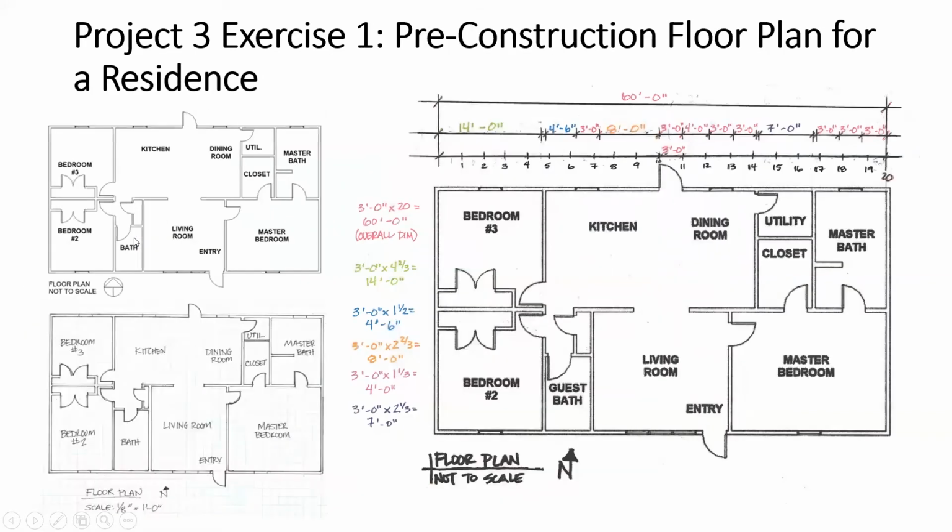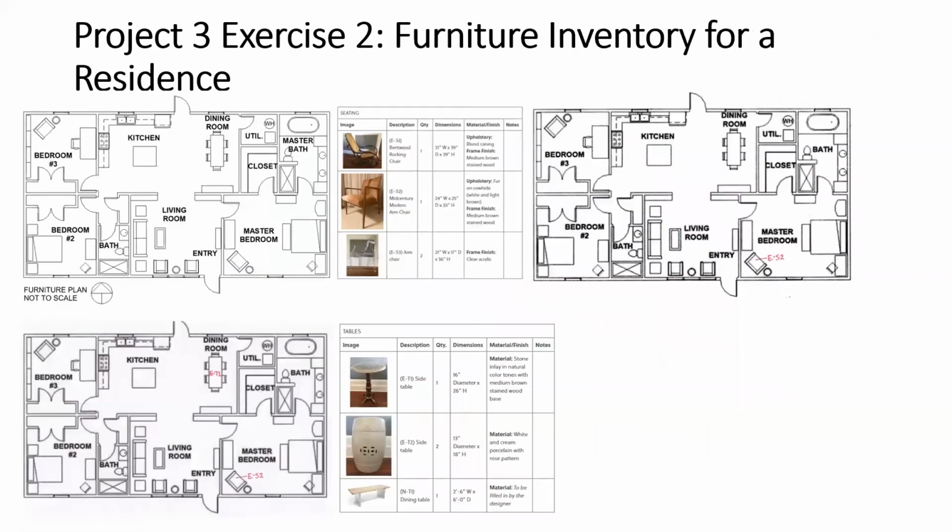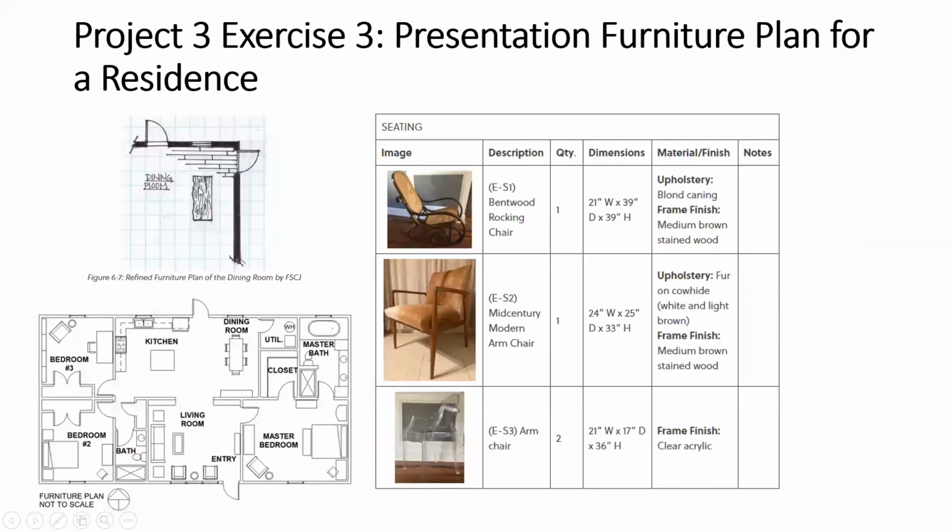Let me go back and show you. It looks something like this, right? And now you're going to draw the individual pieces of furniture on your floor plan so that they reflect your selections. Now, when I redraw it, the furniture shapes are going to change slightly. For example, in this last exercise I selected this table. This table actually isn't a perfect rectangle. It's got what they call a live or a rustic edge on the side here. So when I redraw my furniture plan for the dining room, I'm going to show the wood grain on that table, and I'm going to show that live edge here.